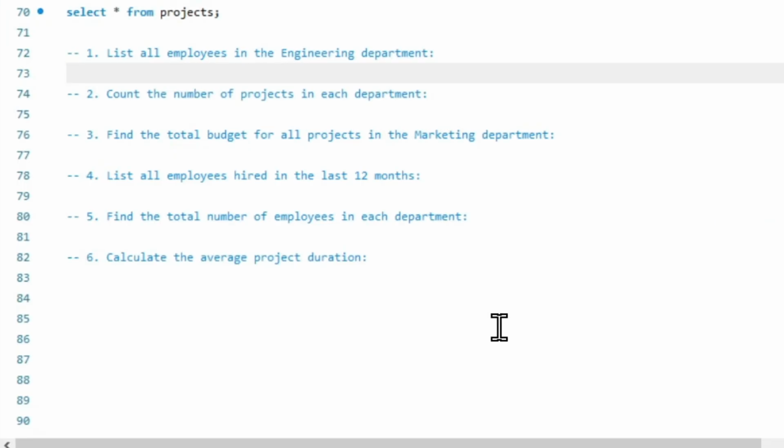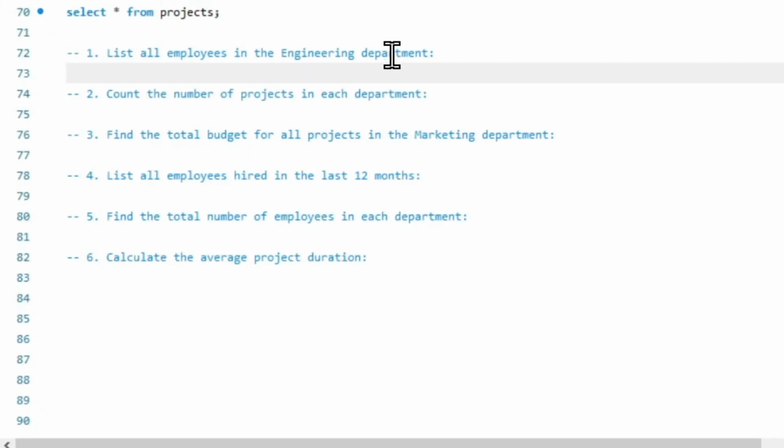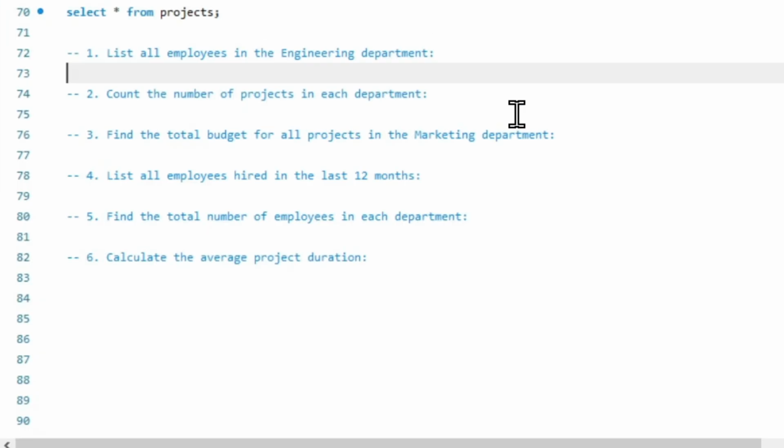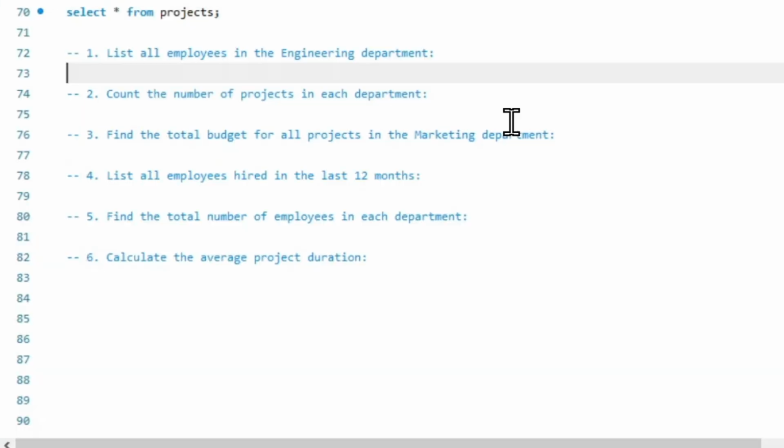So here we need to join. We can simply determine this: to get employees in the engineering department, we need to join the employees and departments tables to get the department name, and to get all the employees who work in the engineering department. So I'll write the query like this: select all from